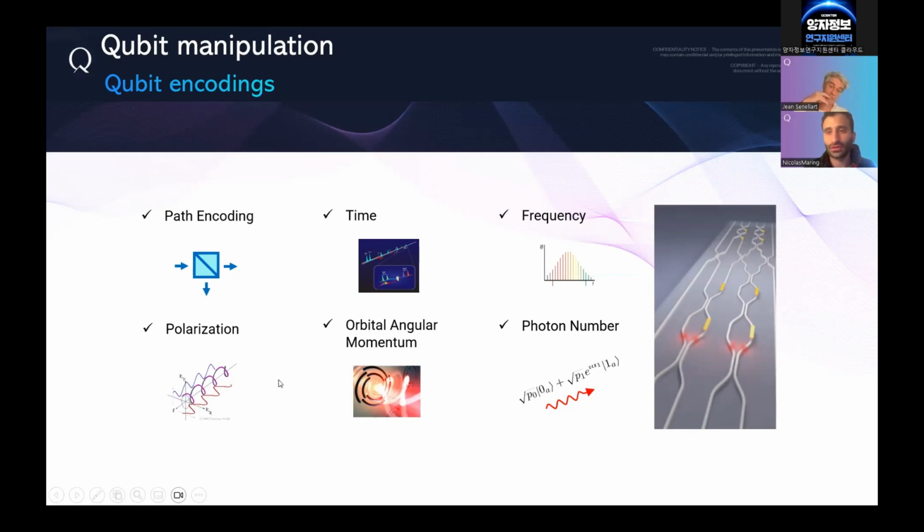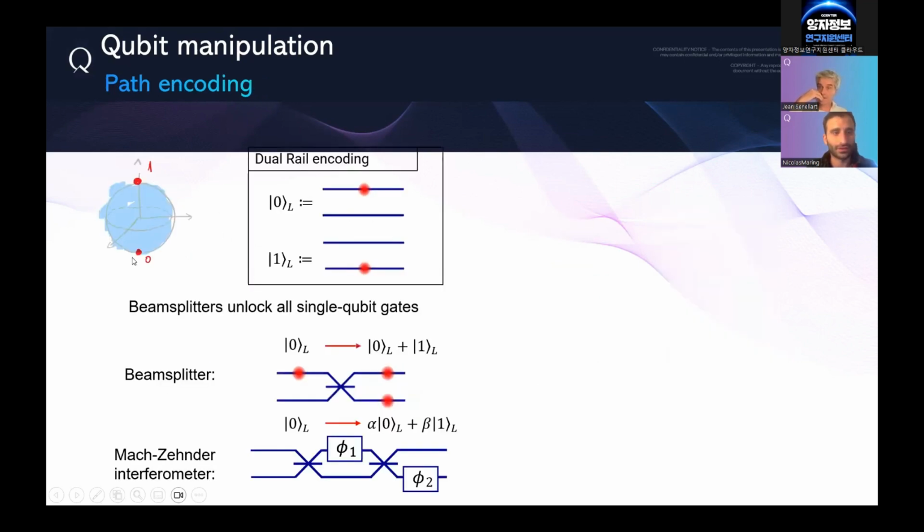And today, in the version of the platform we have today, we use path encoding, where the qubit 0 is, for example, a photon being on the top path, and qubit 1 being the photon being on the lower path, for example. So you can represent your state with this Bloch sphere, and you can go all around the Bloch sphere using, for example,